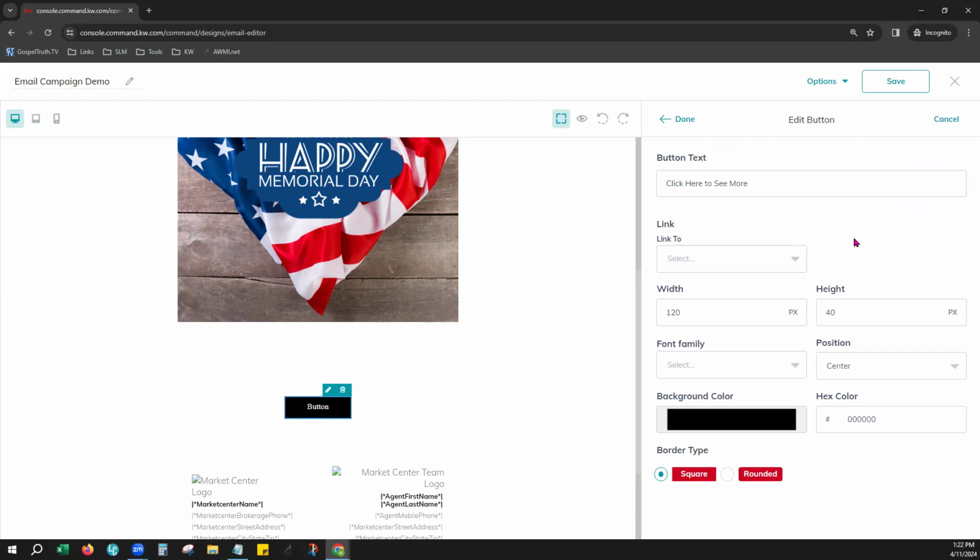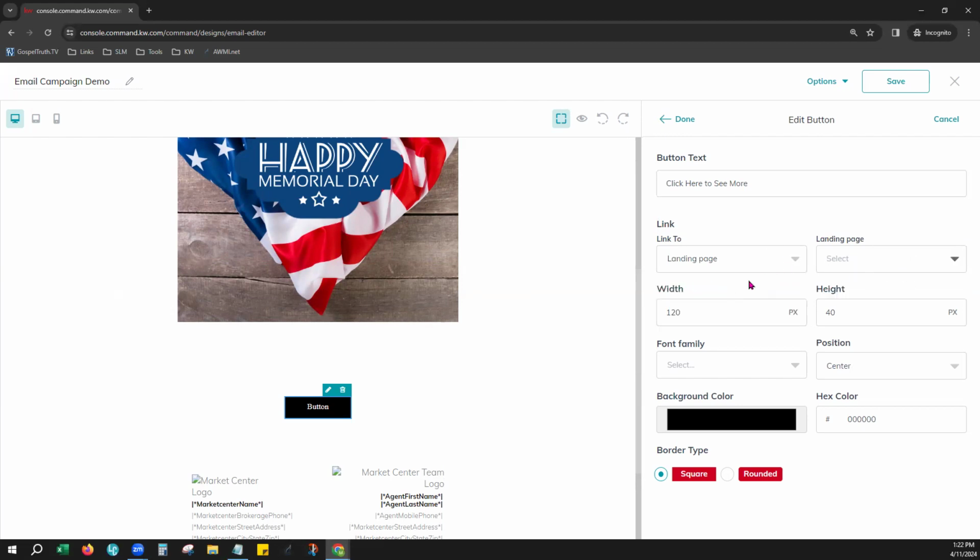I like to add exclamation points after everything and it gets me every time because it doesn't like special characters. So just leave it as the text that you would like. Again, you can choose the link that it goes to. Here you can choose a landing page or a web address. So if you want it to go to a certain landing page that you have, if you have them associated,